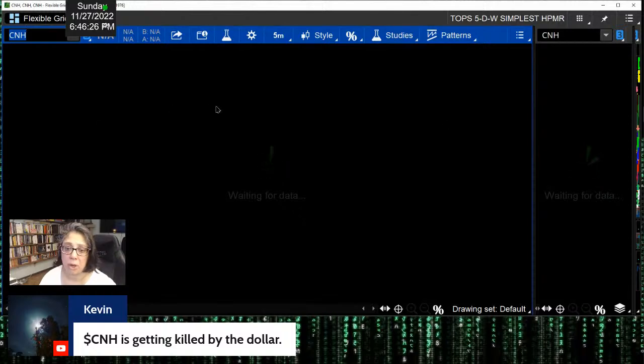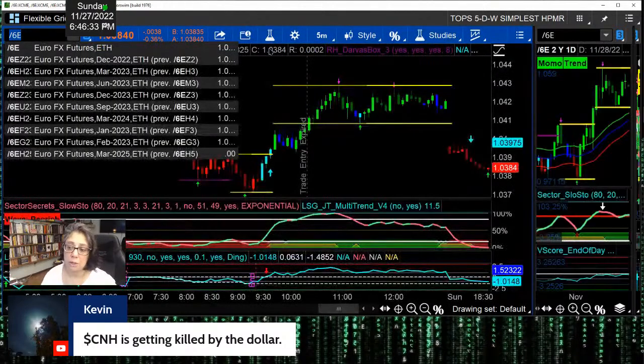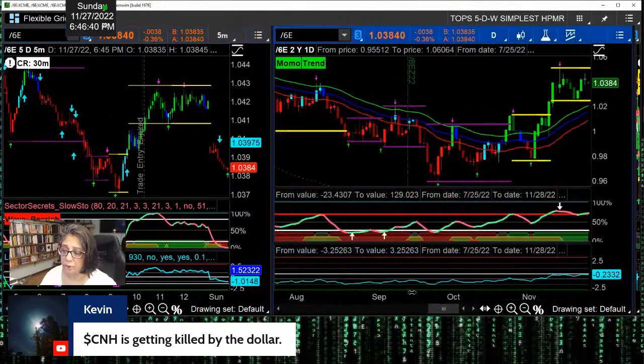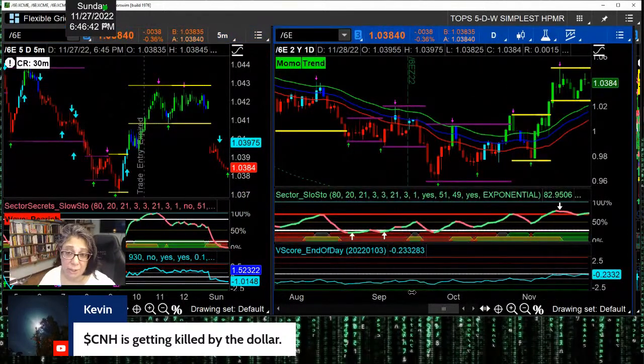CNH is getting killed by the dollar. Let's go take a look at the dollar. Dollar strength is back because both the dollar and the euro are at opposite ends of their range. However, be careful, gang, because the euro has turned into an uptrend, the dollar has turned into a downtrend, and unless Powell opens up some crazy can of worms, which he's usually pretty disciplined not to, but unless